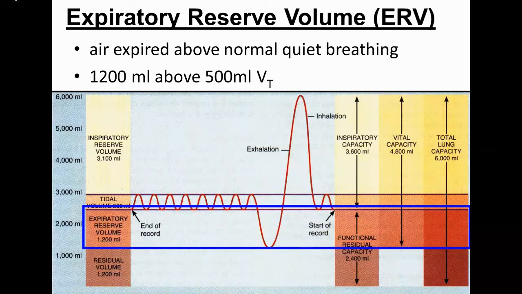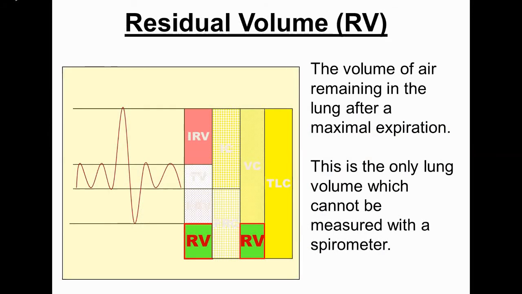Then coming to the residual volume, this is a very important parameter also, and it shows the volume of air remaining in the lung after a maximal expiration. So what is residual volume? This is the residual volume of air which is remaining. That means after we inspire or expire, especially after the maximal expiration, this amount denotes the volume of air remaining in the lung after the maximal expiration.